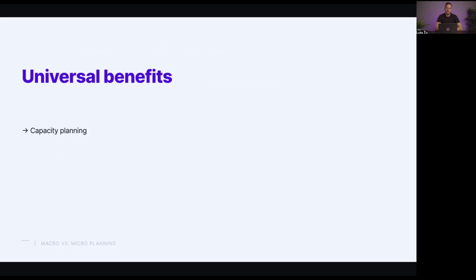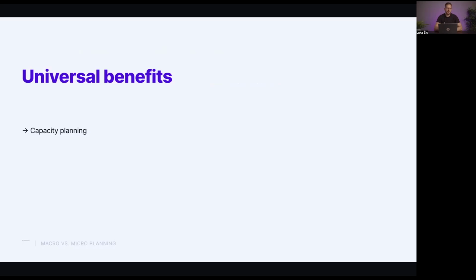Now, when we talk about planning work in Productive, as I mentioned, there are two ways, macro and micro. With the macro, we're dealing with resourcing. With the micro, we're dealing with tasks. However, one thing that I should point out is that these two are not in direct opposition. So it's not resourcing versus workload or tasks versus bookings. They can work together. You can actually use both of them, or you can just use one of them.